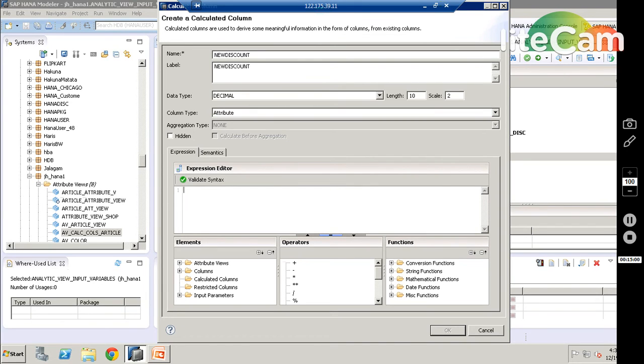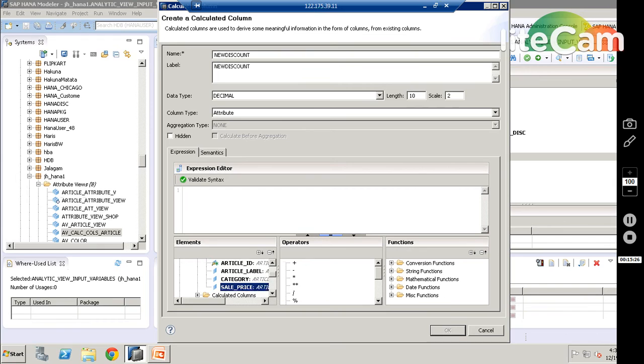Now, here is the actual magic that you have to do. In the previous step, I just dragged that and added it here. Now you come here, and choose which column you want to perform this operation on, based on the attribute view columns. I have an attribute called sales price, right?